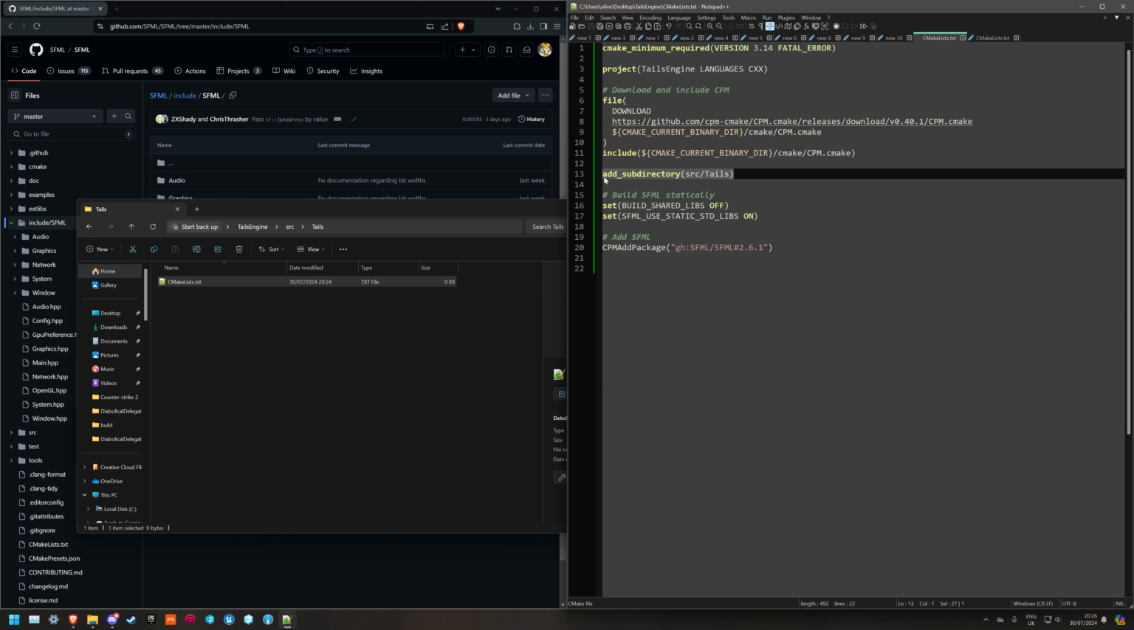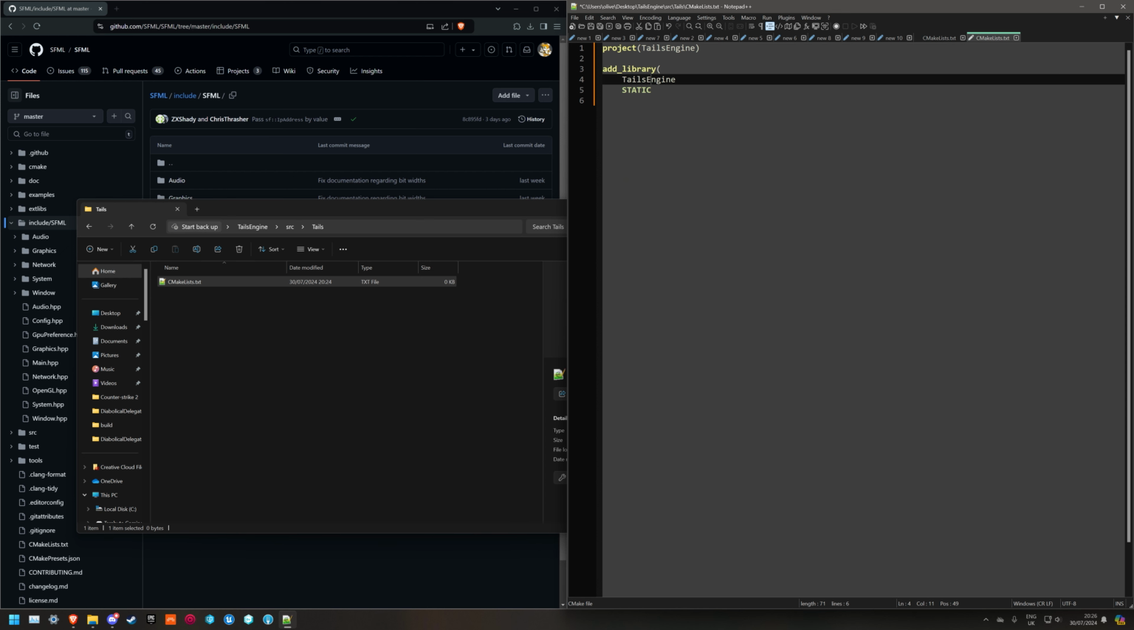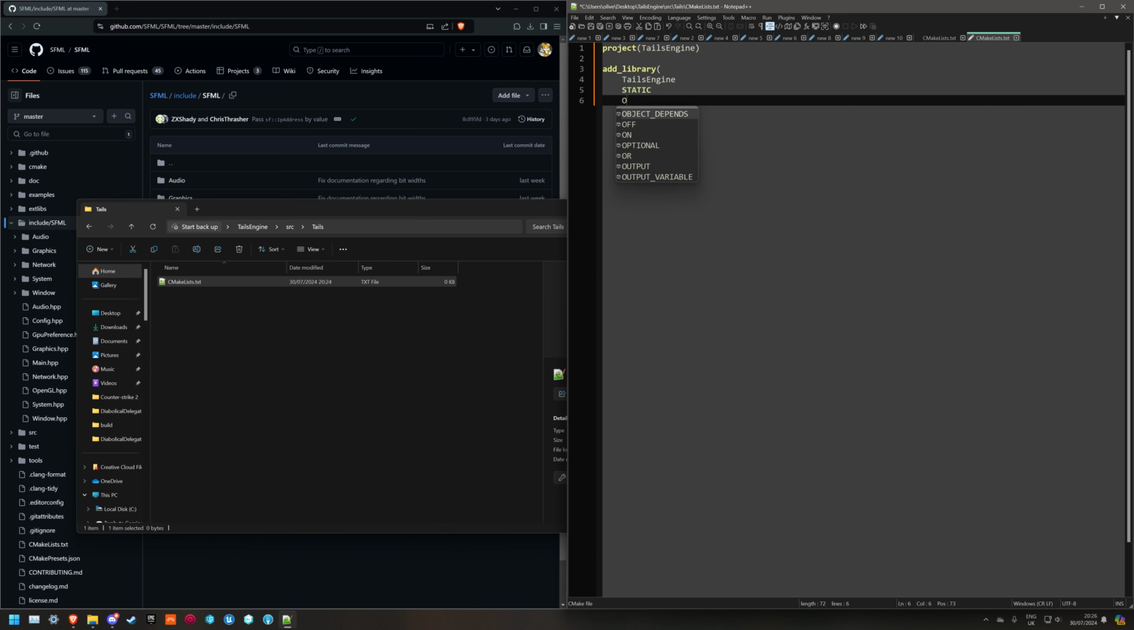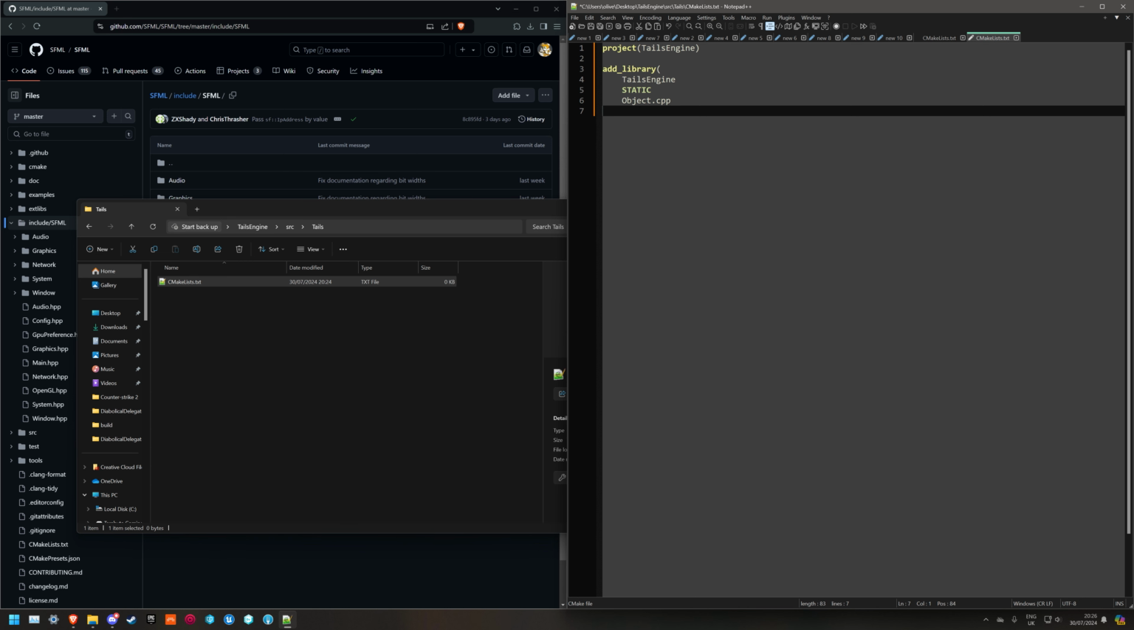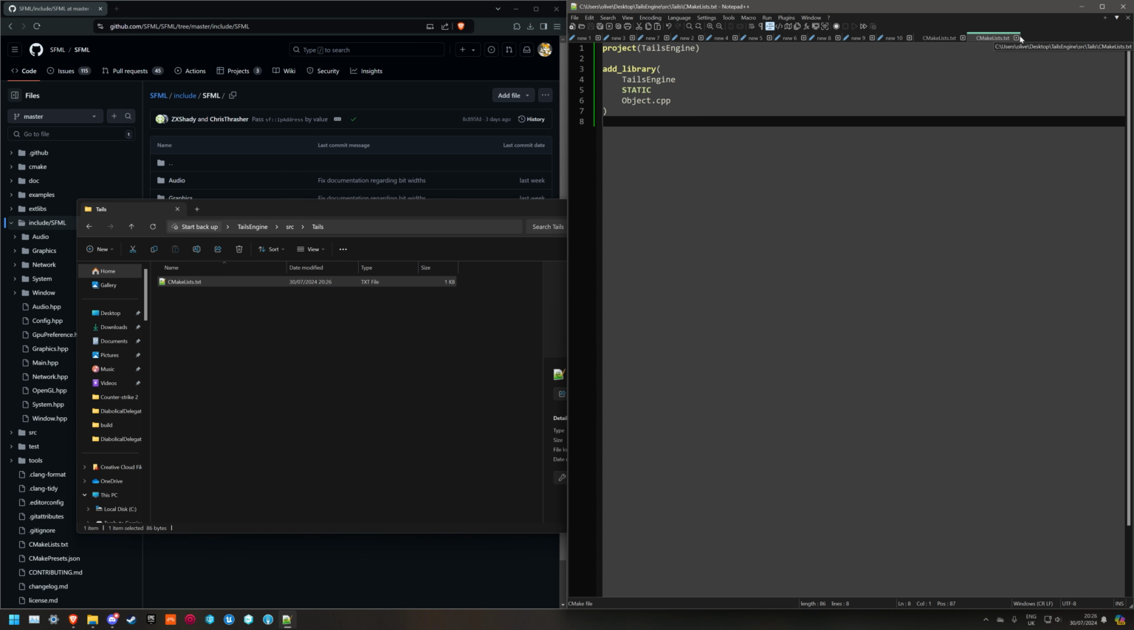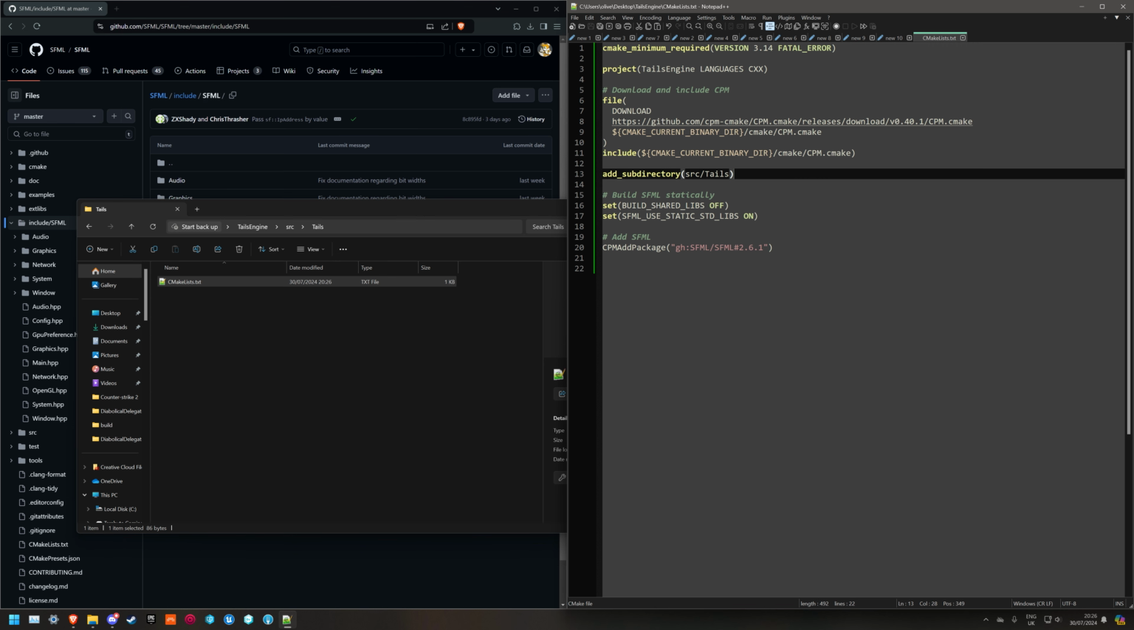I'd much rather just specify the add library in here and then do something like target sources later, which just adds source files to a target, for example. Tails engine, right? Target. So I'm going to just say object.cpp, and that can be our lone file for now to be compiled into this target. So now we have a valid target,